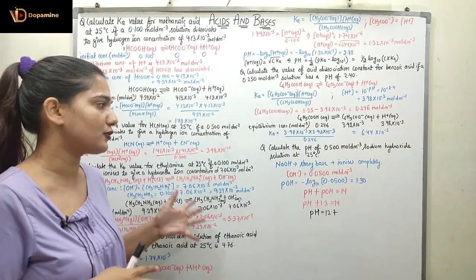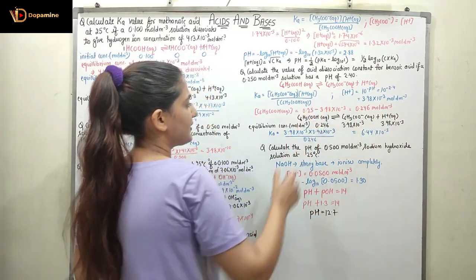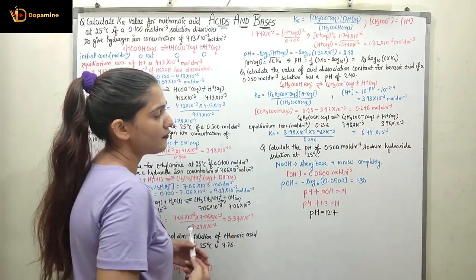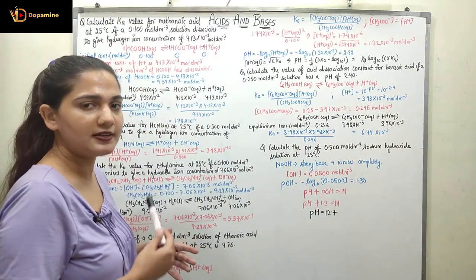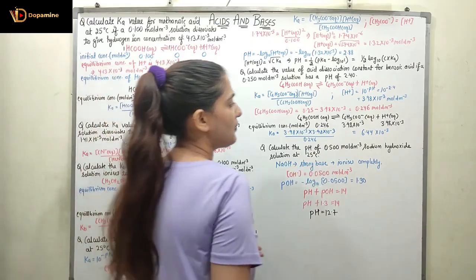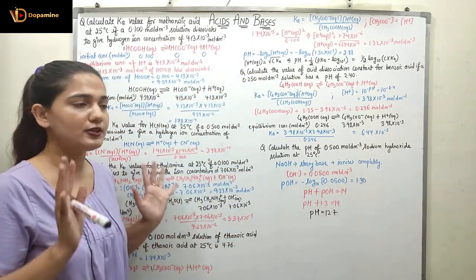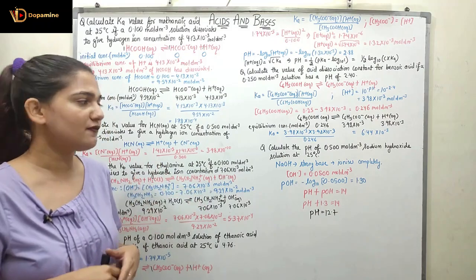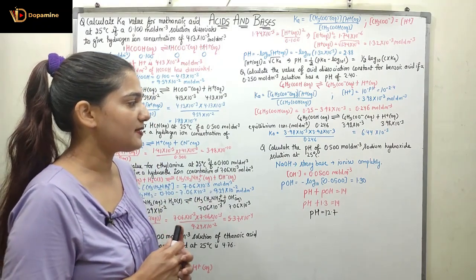Now simply we can find out Ka by multiplying these two concentrations divided by this concentration. We already had seen the formula. 3.98 into 10 raised to power minus 3 multiplied with 3.98 into 10 raised to power minus 3 divided by 0.246, which is 6.44 into 10 raised to power minus 5, and in this manner we can simply find out Ka. Coming to the last question for the day, that states calculate the pH of 0.5 mole per decimeter cube